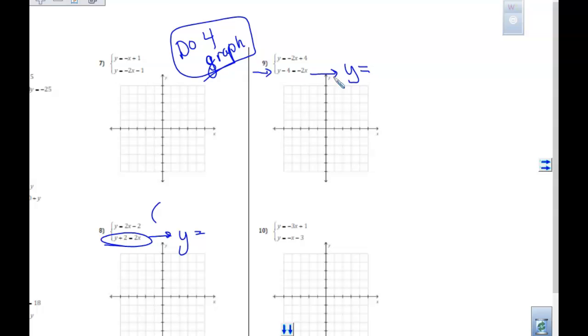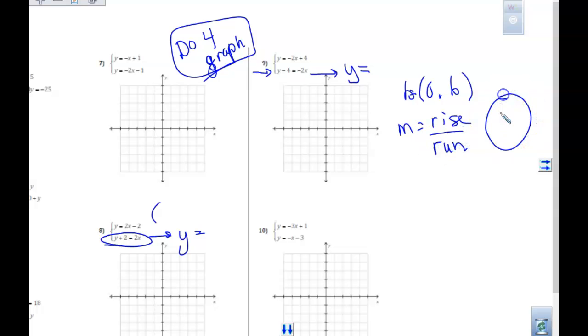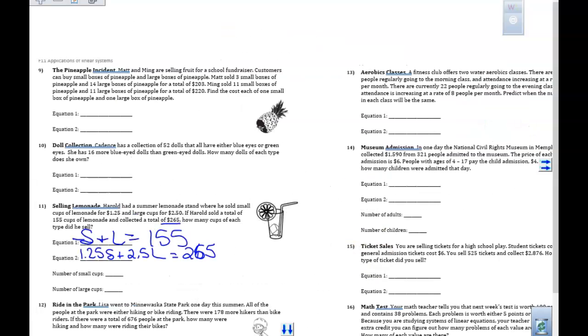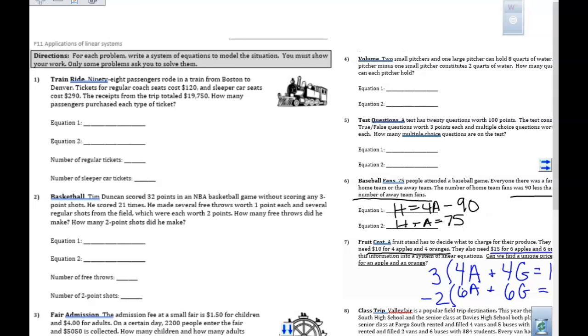But when you look at those, if it's infinitely many or no solution, make sure you understand why. You need to remember how to start with your beginning point. That's your b. And you want to think of your movement. That's your rise over run. When you do the graph, some of you might want to think of positive slope and negative slope. So as you are looking at those, if that helps you. So you're going to use your time today in class for really working on, if it's the story problems, if it is working on